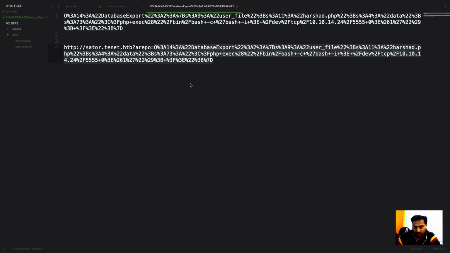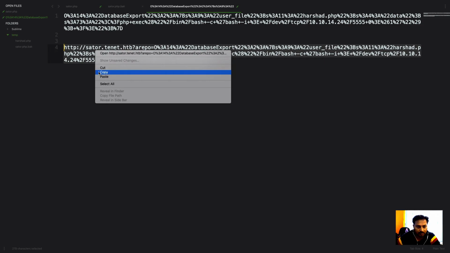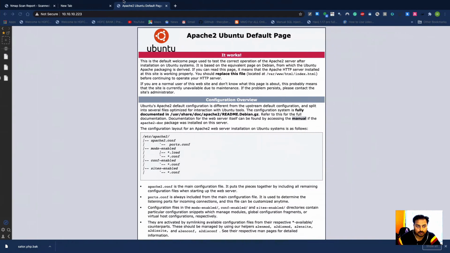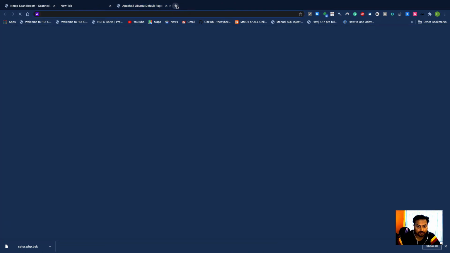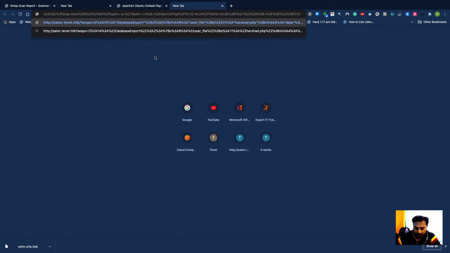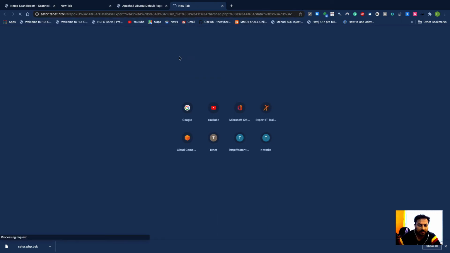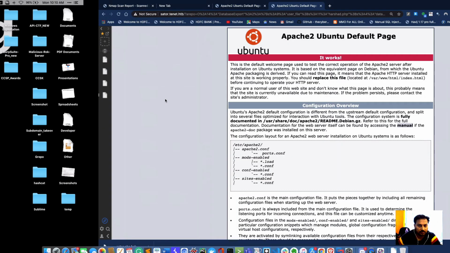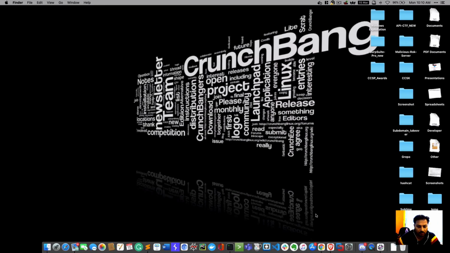Now what I can do here is copy this entire thing and paste it. I will go to Chrome and open a new tab and check what exactly is going to happen there. So paste. If everything is okay, you will see the page. You can see it successfully loaded. Our page is loaded. Let me try once again and check the code.